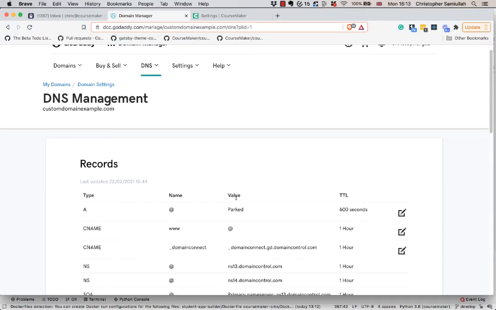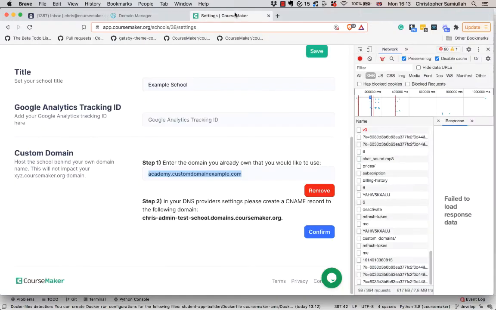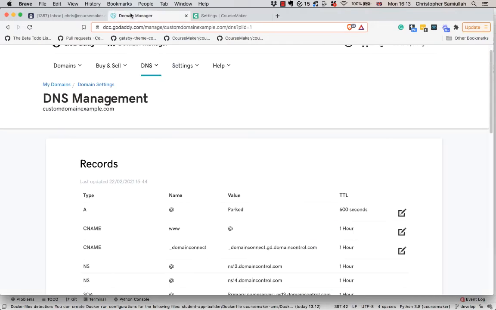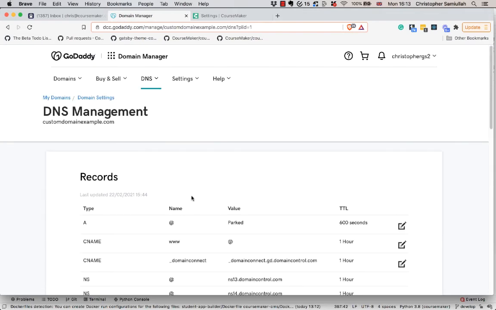In this example, we're going to set up a subdomain using a CNAME record. I know that I want to configure a subdomain called academy.customdomainexample.com. I'm going to do this because I'm mapping it through to another site that I have running. It's using the CourseMaker service, so I know that I want to map it to this particular service. So I'm going to copy that,